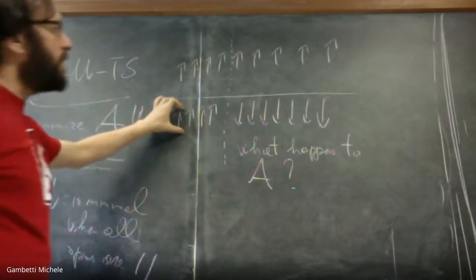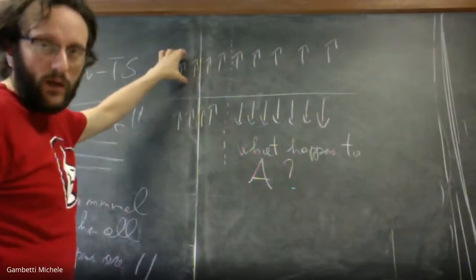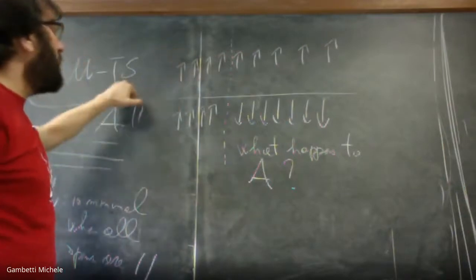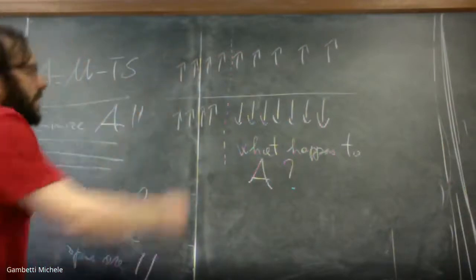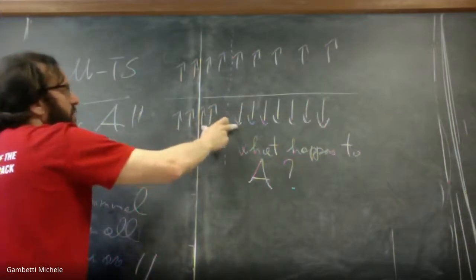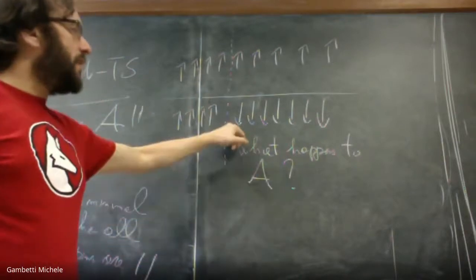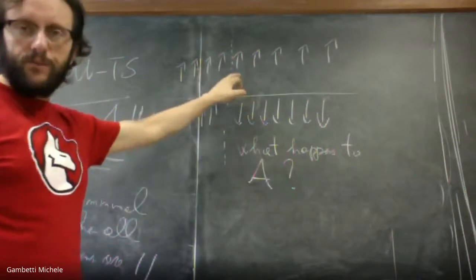So the internal energy of this configuration will be higher with respect to this one, but you gain a lot in entropy, in the sense that you have a certain gain of entropy in this situation that actually makes the free energy minimized in this situation rather than in this. Okay?